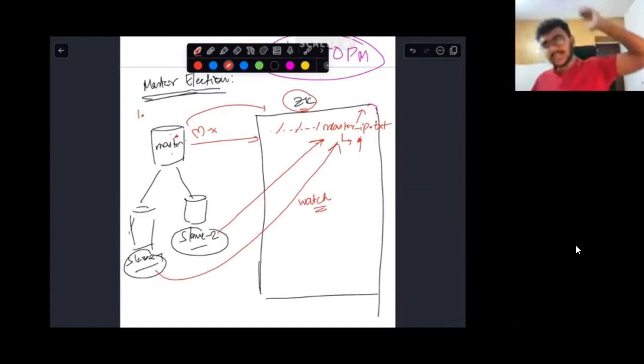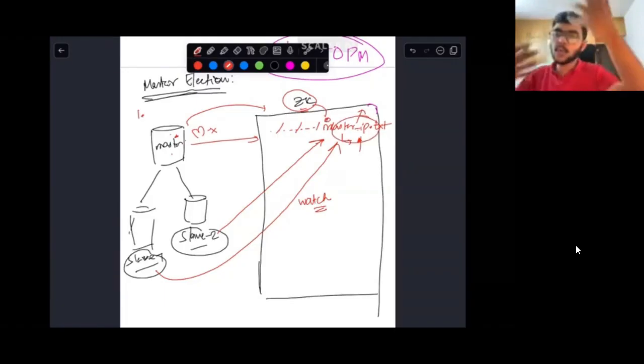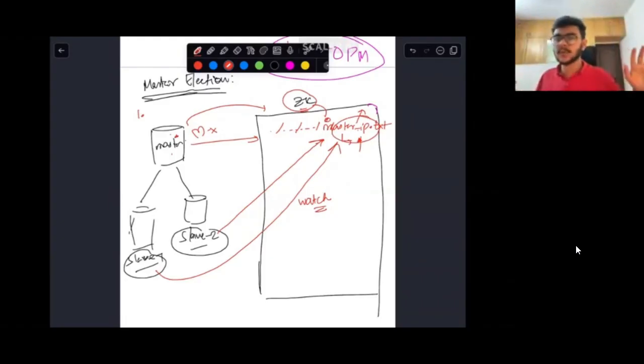They will get a notification back from the Zookeeper manager, which is running inside the Zookeeper itself. It will say, hey, this file is deleted, now do whatever you want. The Zookeeper manager won't say go and do an election. It will only say the file has been deleted, over which you had set up a watch. Is this point clear to you? This step 2 is that since they have set up a watch, a notification will be sent that this file has been deleted. Please give me a +1 if this makes sense to you.